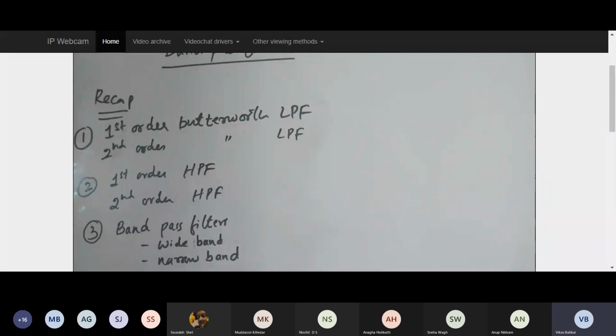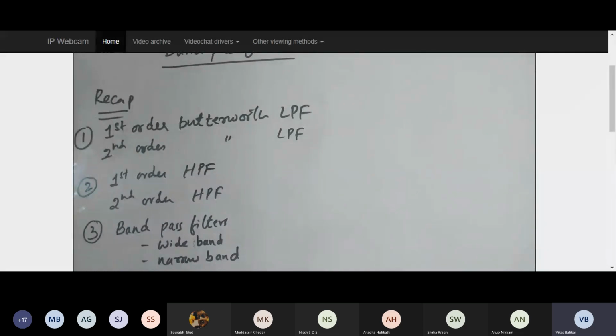These 2 are the main things. The remaining you can just reproduce from the circuit diagram or from the graph, because when we say low pass filter, it is going to pass only the lower frequency content, and accordingly you can draw the graph. And when I say high pass filter, it is going to pass only the higher frequency content. And when I say band pass filter, it is going to allow only a certain band of frequencies. So the graph becomes very easy just because you remember the name of the circuit. From that only you can extract the graph. But the most important part is the circuit.